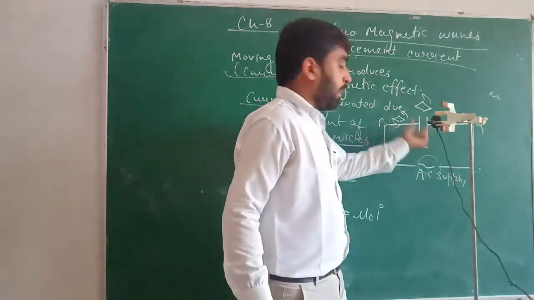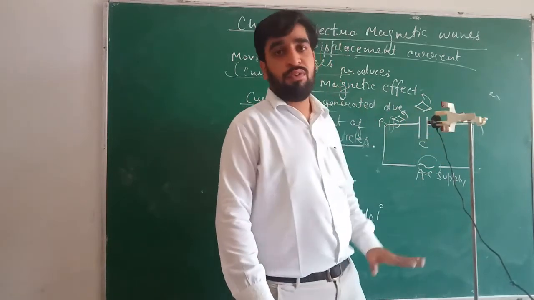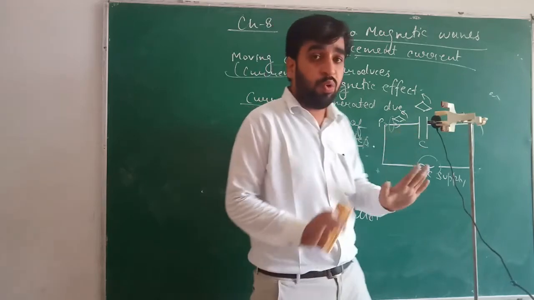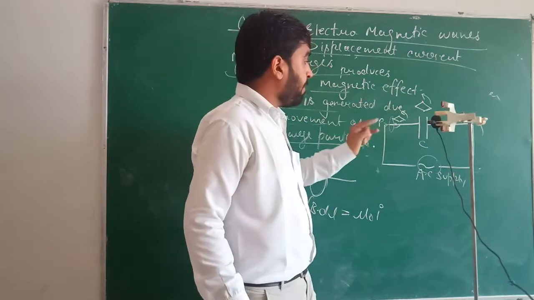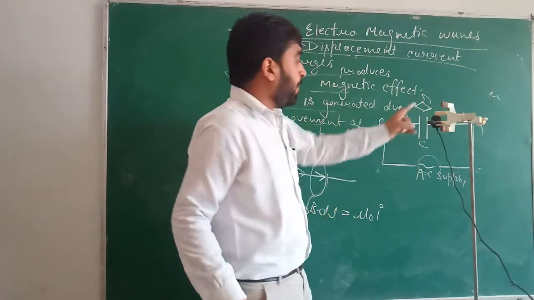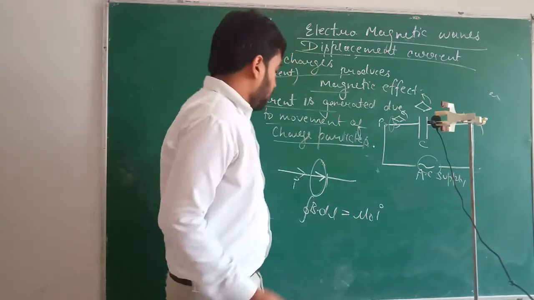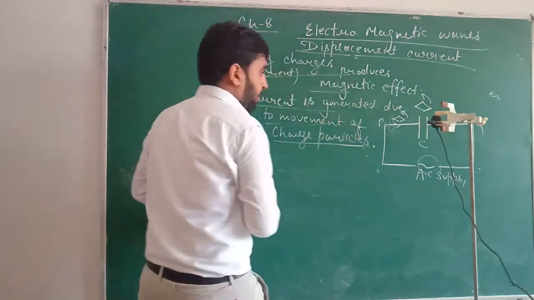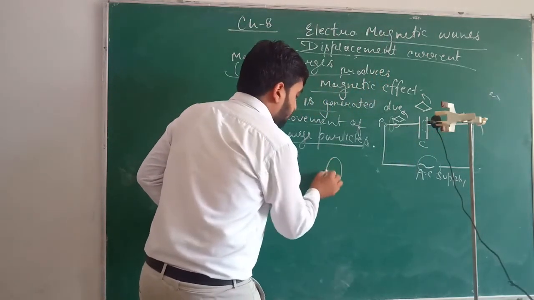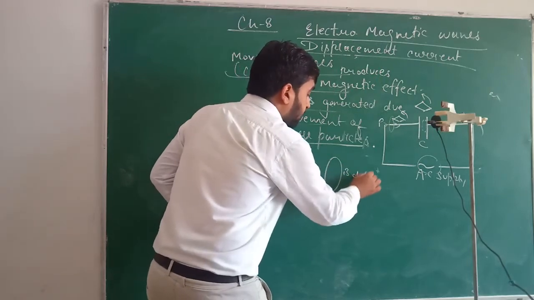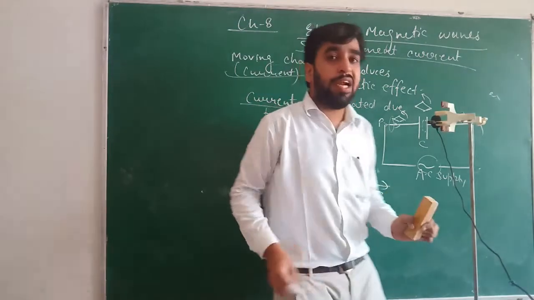But here the capacitor is present and the net amount of current is 0 as per Ampere's law. But the current should be present. Why should the current be present? Because in Maxwell's experiment, this magnetic needle was showing deflection. So what is the meaning of this deflection? Suppose I show a closed loop here. If a magnetic field is present here, if B dot dl is present here, then there should be a current which is threading through this loop.